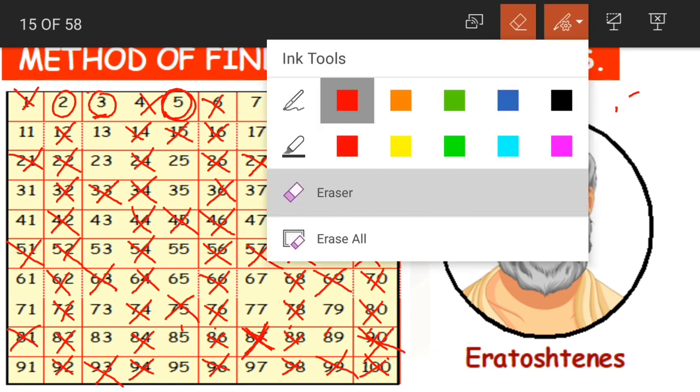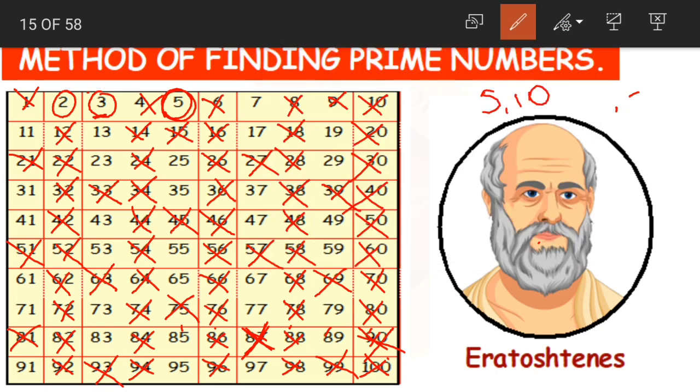Now what are the multiples of 5, children? 5, 10, 15, 20 and so on, right? So these numbers have either 5 or 0 at the ones place. We learnt it in the divisibility rule as well. So what we need to do here is, we are having 5, right? So below 5, whatever numbers we are having, that is 15, 25, 35, 45, 55, 65, yes, all these numbers are to be crossed out. And then below 10, whatever numbers we are having, they also need to be crossed out.